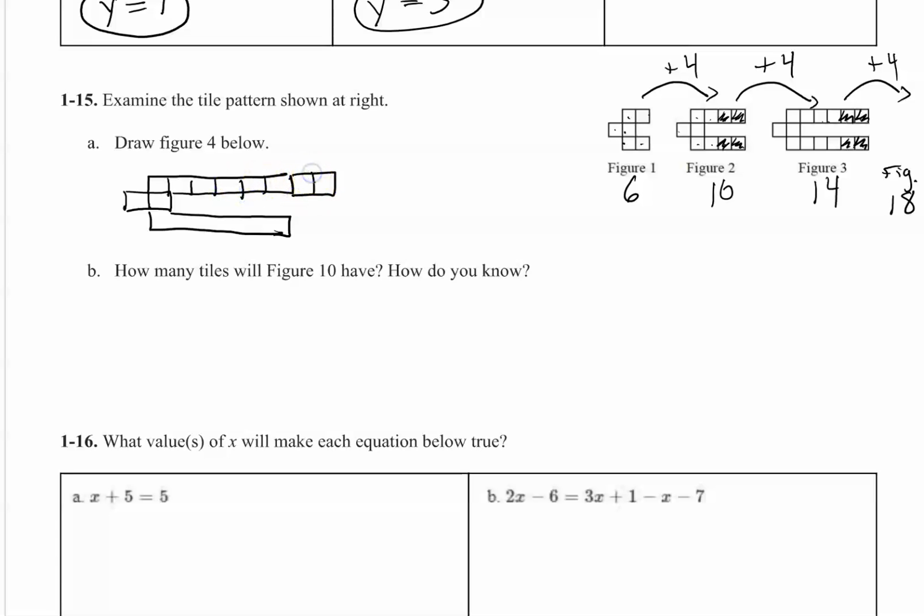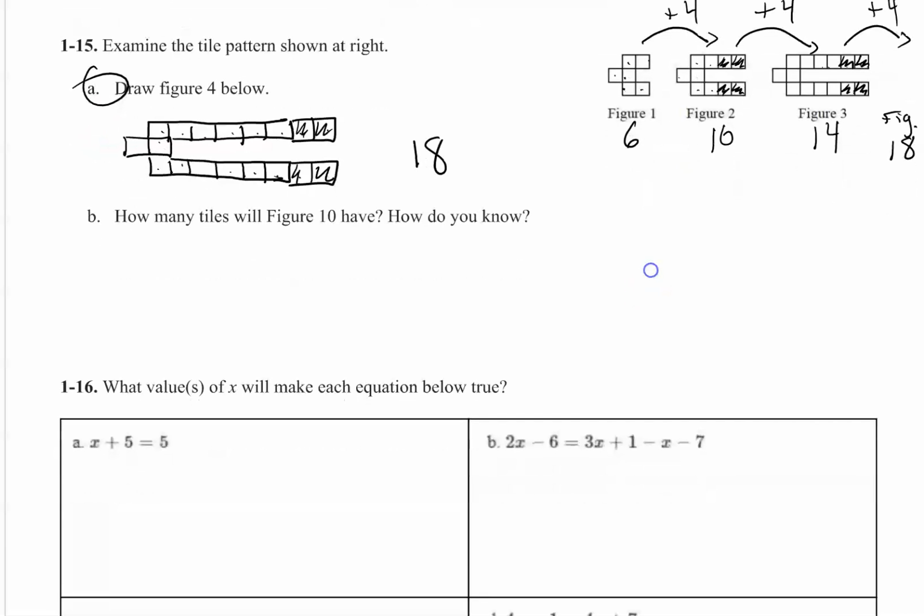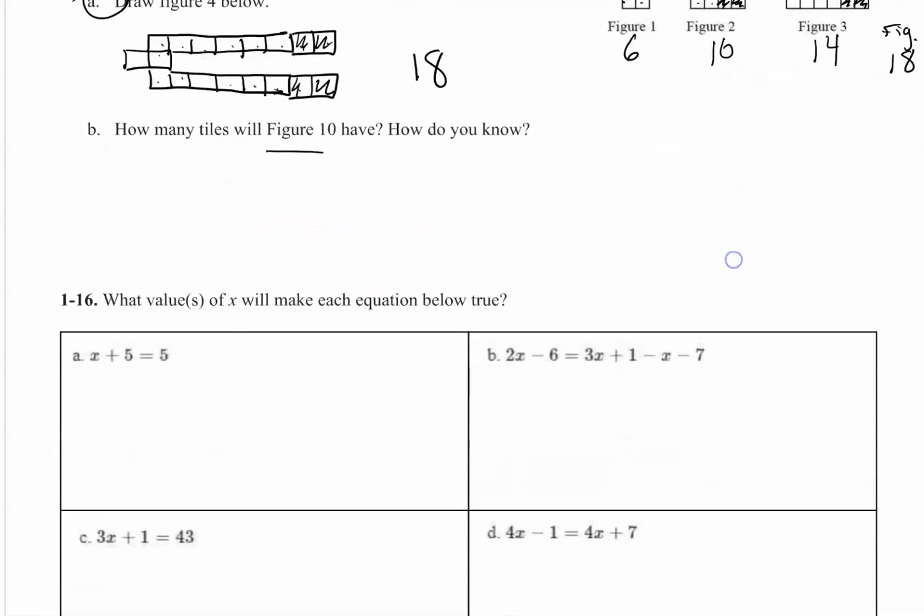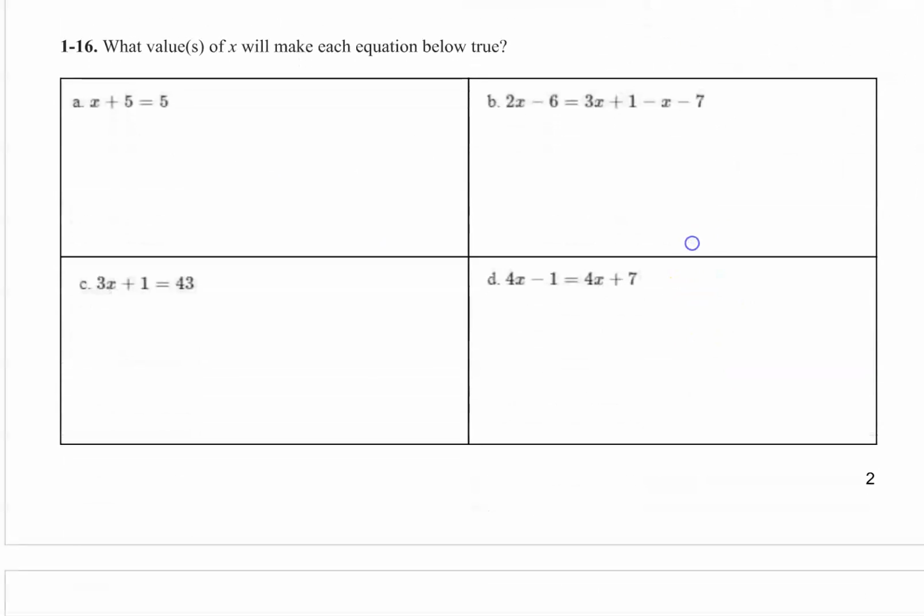So we're going to have 2 new tiles on each arm. And so these 2 are the ones that are added. And just to double check, we should have 18. 4, 5, 6, 7, 8, 9, 10, 11, 12, 13, 14, 15, 16, 17, 18. Alright. You can try B, just follow the pattern, go to figure 10. Plus 4, plus 4, plus 4. Okay,